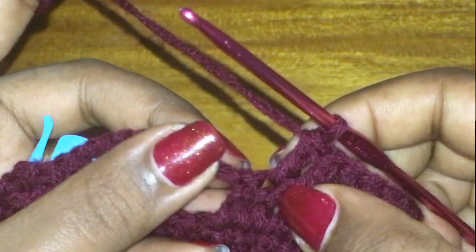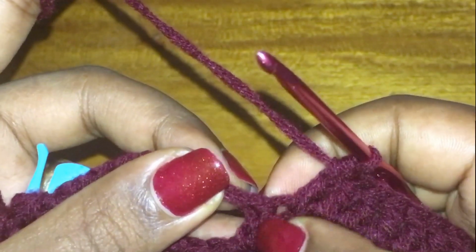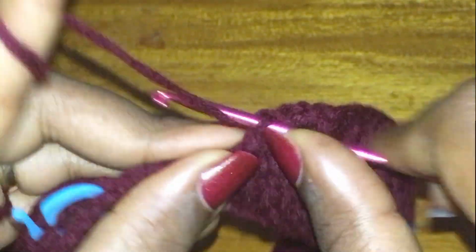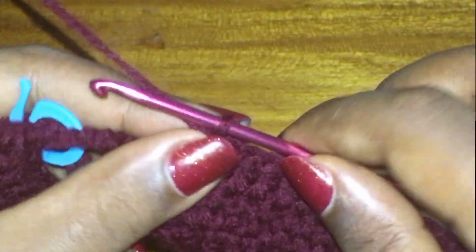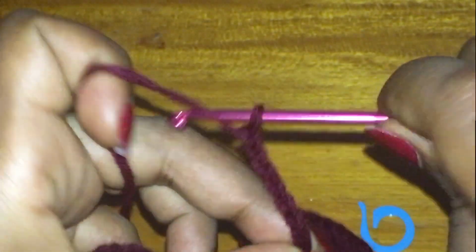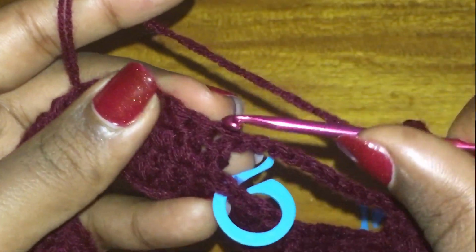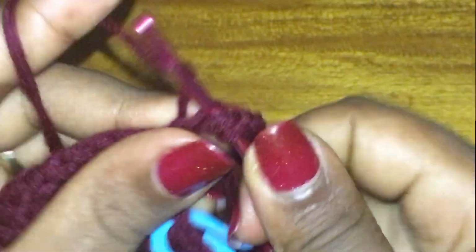So once you get to this stitch here, don't forget to place a double crochet in this very last double crochet. So yarn over and place there a double crochet as well, like so, and then you're going to chain up 10 again. That's 3 4 5 6 7 8 9 10, and you're going to yarn over and place a double crochet on top of this first double crochet here. So place there a double crochet,